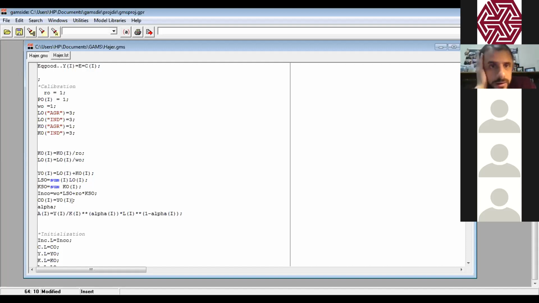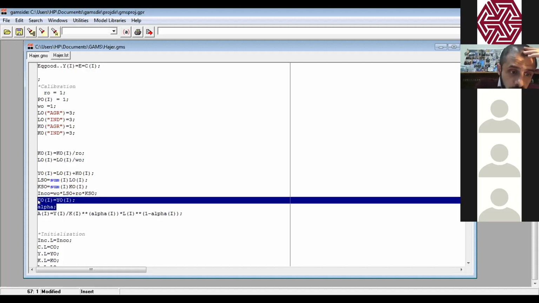What else has to be, what do you think? What's missing? What's incorrect? Beta. We have to insert beta. Exactly. So first, beta is not inserted, and second, alpha is not calibrated. So you have to calibrate the alpha, you have to calibrate the beta, and then you have also here when